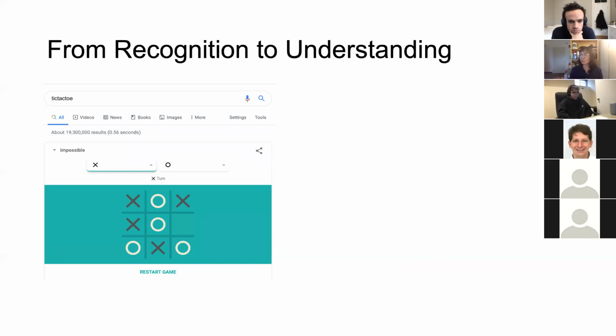One draws crosses on this canvas, and the other draws circles. Whoever gets three crosses in the same row or in the same column or on the diagonal axis will win the game. It is very easy for us to build, for example, a visual perception system to recognize crosses or circles on this image, or the grid of this image, right? These are just very simple computer vision algorithms that we know we can do.